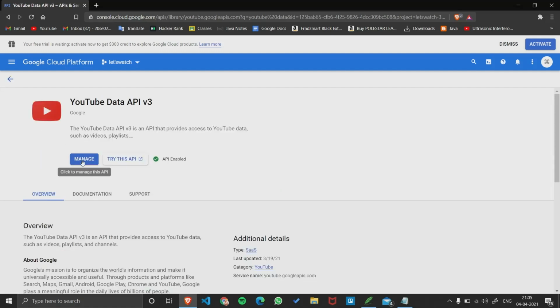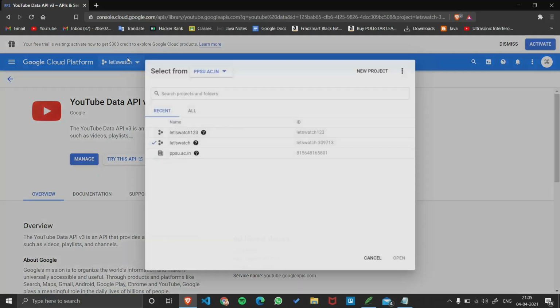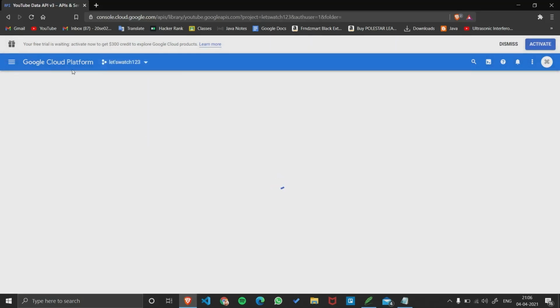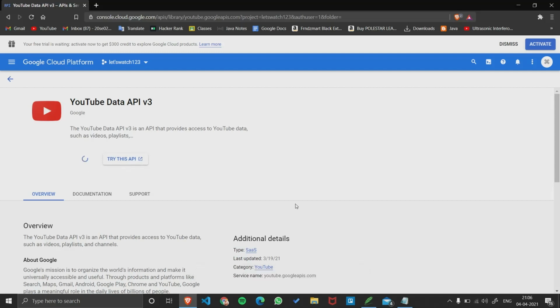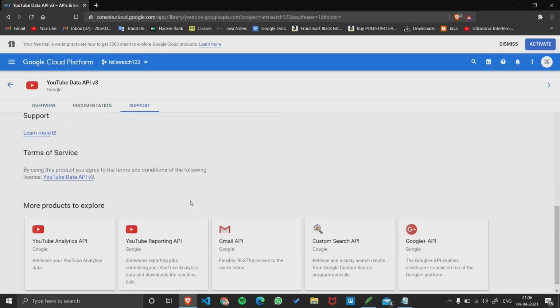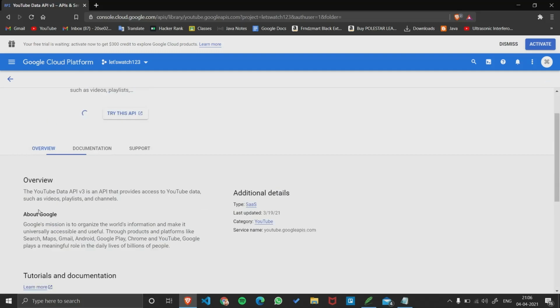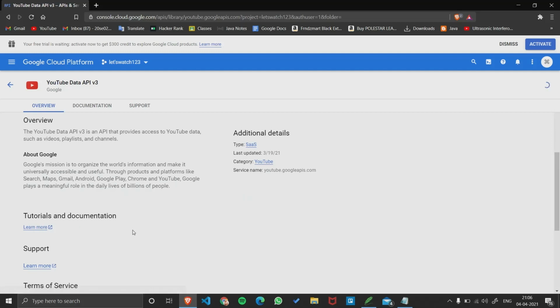If you haven't enabled this, there will be an enable button here. Click enable here. Let me show you by changing the project. So here is the enable button, let me enable it. You can read the documentation from here. It's easy.